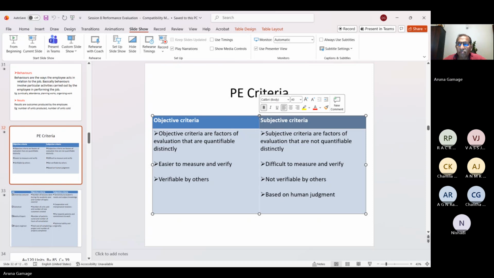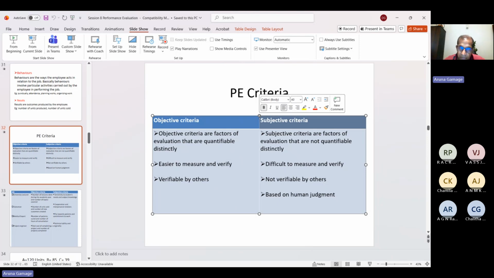Yes? No idea? How about number of lectures conducted? We can count. Number of lectures cancelled, we can count. Number of sessions covered. Number of hours lectured. So we can count. Those are